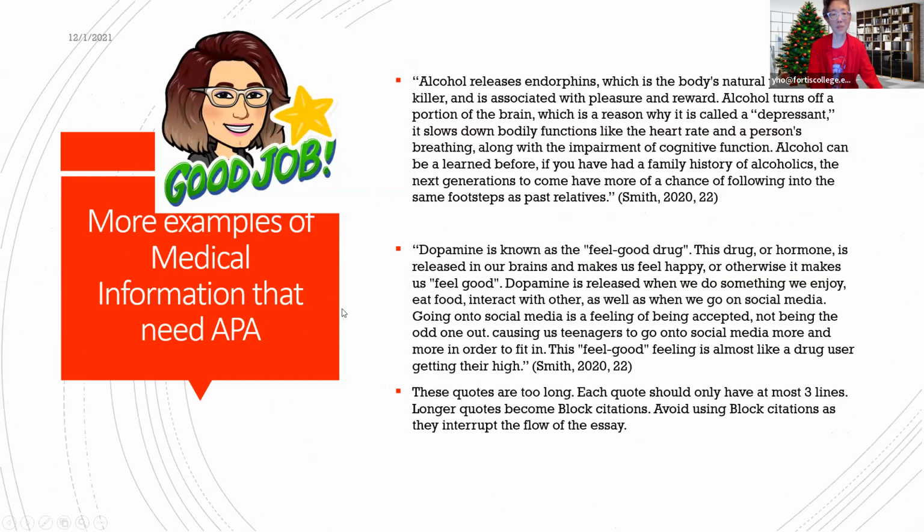So more examples of medical information. Alcohol releases endorphins, which is the body's natural painkiller and is associated with pleasure and reward. Alcohol turns down a portion of the brain, which is the reason why it is called a depressant. It slows down bodily functions like the heart rate and the person's breathing, along with impairment of cognitive function. You notice that this is a really long